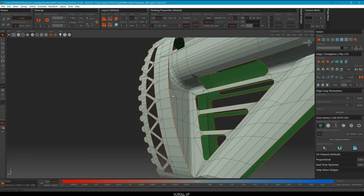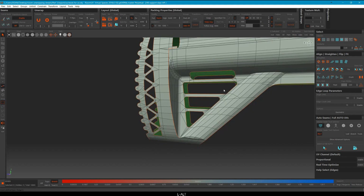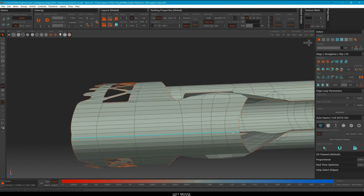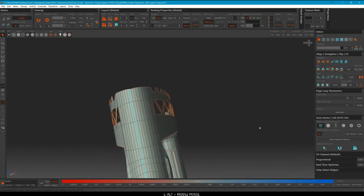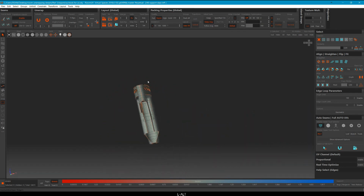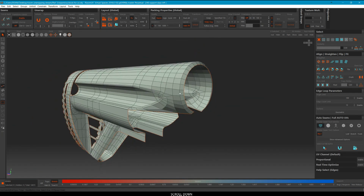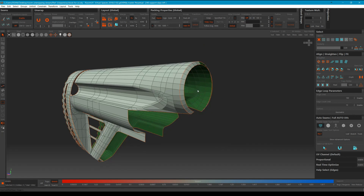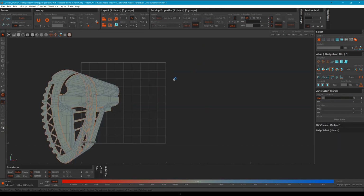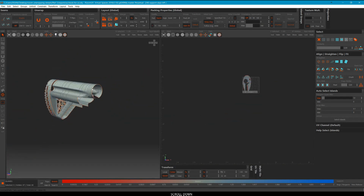So for baking this, of course we're gonna need the center cut. This one is the center. Oh no, this is center. Right here. So yeah, now let's, oh yeah, wait, we're missing only this strip right here. So yeah, turn off symmetry, UOP, there we go, move, hide. So yeah, now we can start